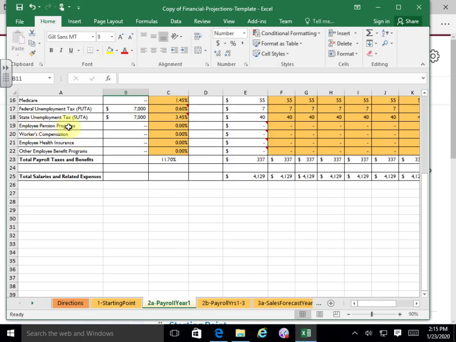Employee pension programs, probably none of you small businesses typically have any pension programs. Okay. Workers' compensation. Now we get here, you are going to have to put a number in there for me. Okay, and you're going to put it in here as a percentage. And the reason that one's left blank and they haven't pre-filled that is because workers' comp varies greatly depending on the type of business that you have. Okay, if you're running a consulting firm, consulting for bookkeeping or something, that's pretty low risk. Your workers' comp is probably going to be a couple percent.